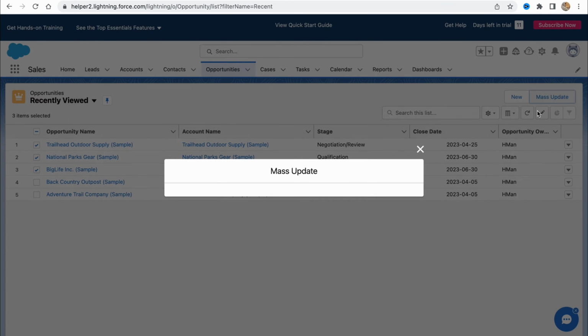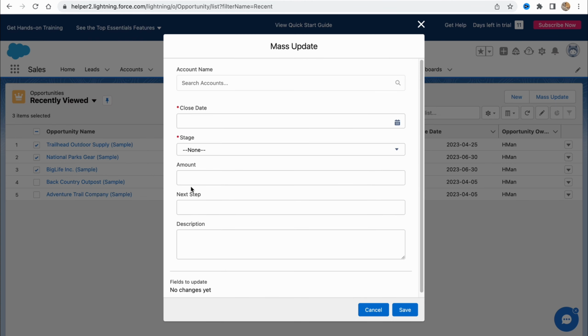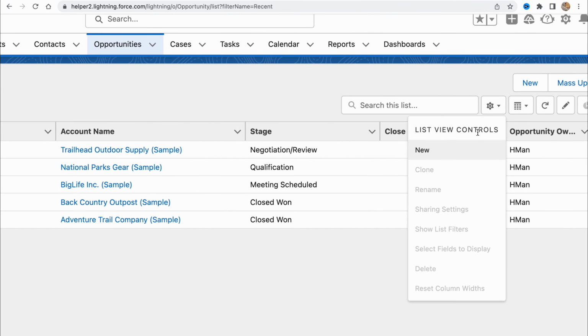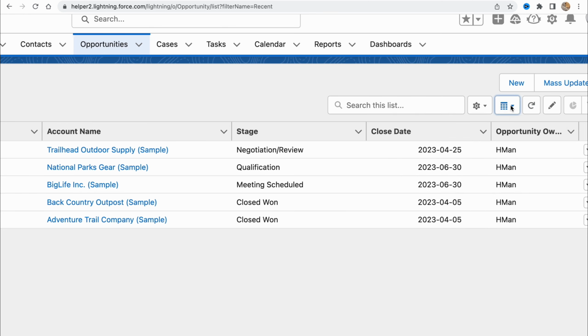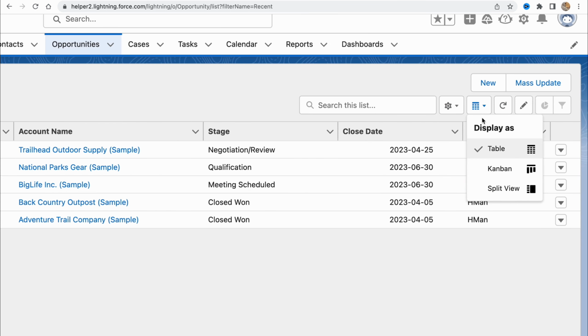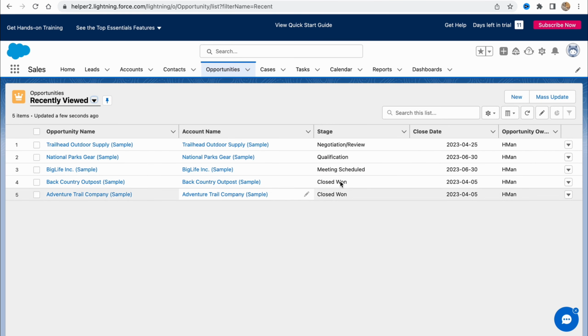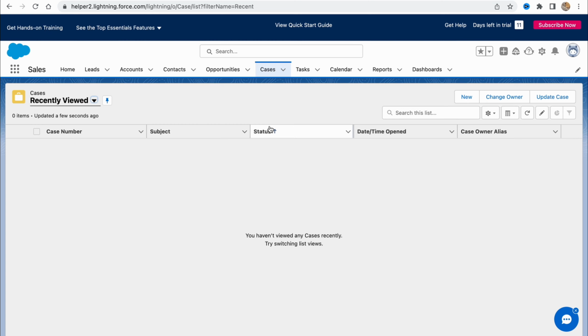We can click on mass update, for example, add some close date, add stage, next step, and so on. We can also use list view controls, like new. We can change the display to table, Kanban, or split view. We can reload the whole table, and basically this is how we can deal with opportunities. In the cases area, the same thing,